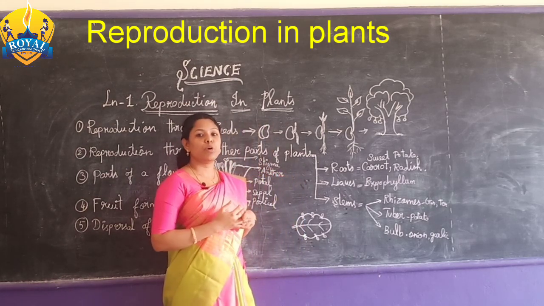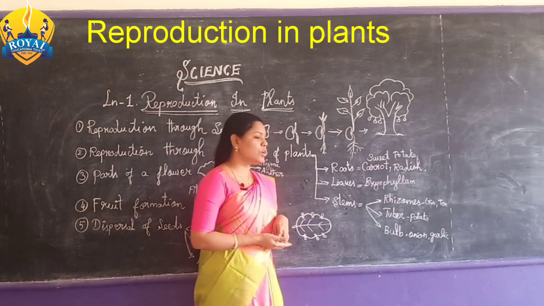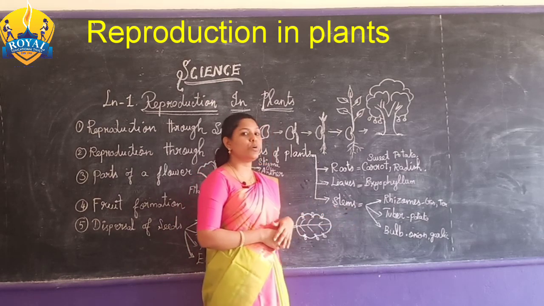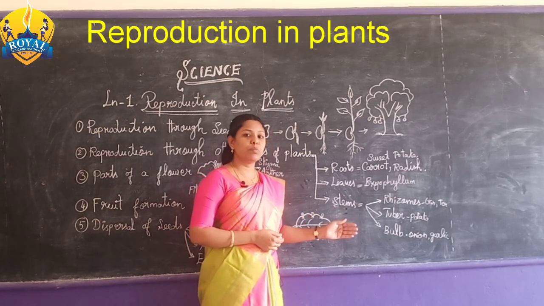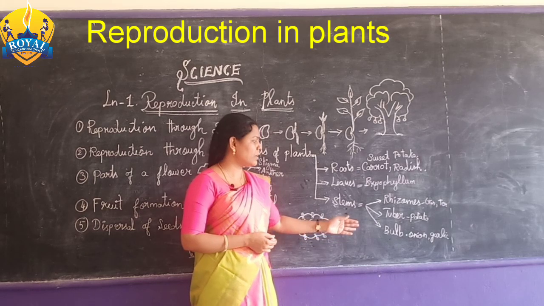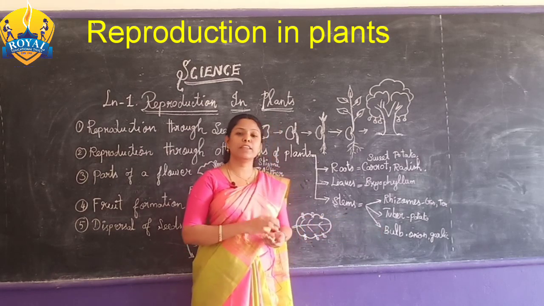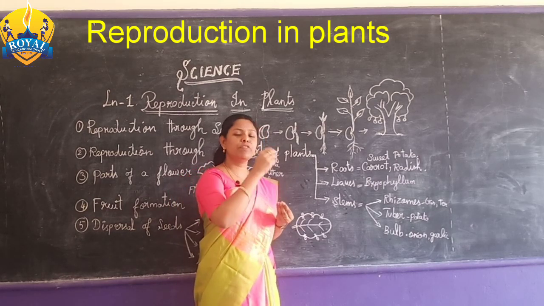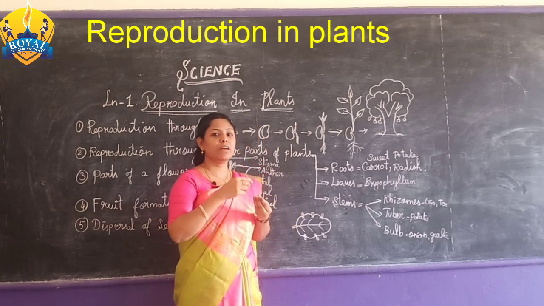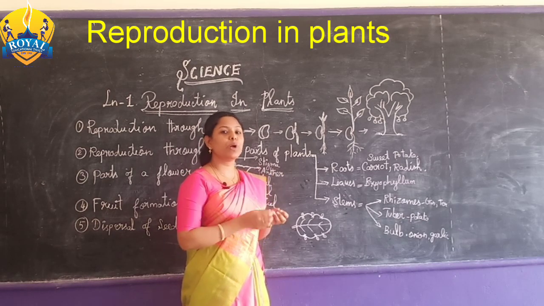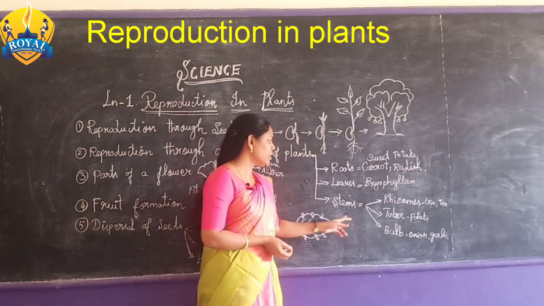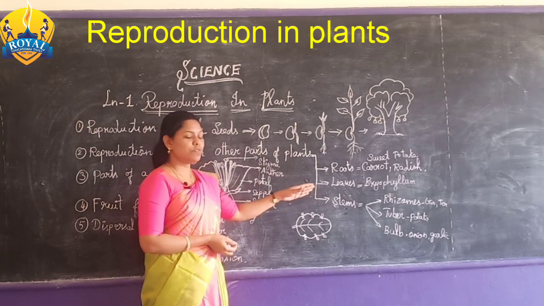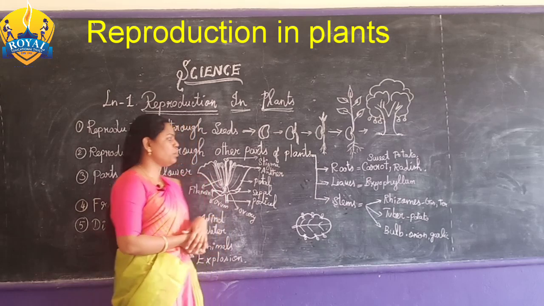At home your mom uses onion and garlic; they don't cook food without onion and garlic because they are very important for vitamins and minerals. The onion and garlic are bulb shaped. At the top of the onion and garlic a new plant comes out, and at the bottom a root comes out. So these are the three types of stem plant parts that give rise to new plants.